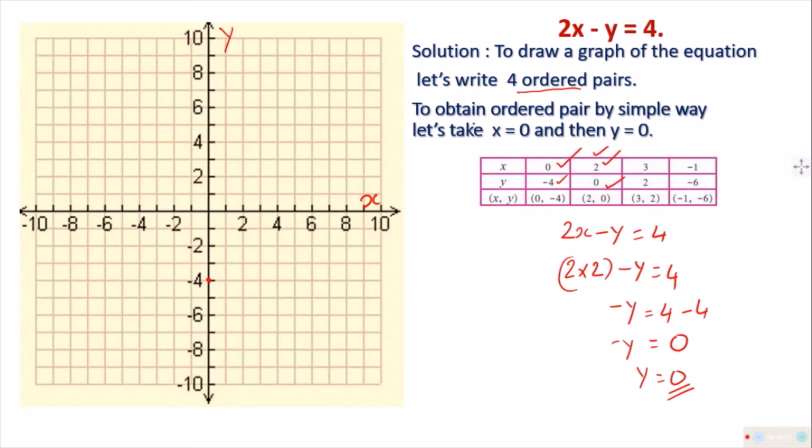Okay. Then the second one is x is equal to 2, y is equal to 0. Where will the 0 of y be? The 2 of x is here, and y is 0, meaning it is this line. x is equal to 2 means on the x-axis you are 2 points away from the y-axis. So you will be putting the point here.